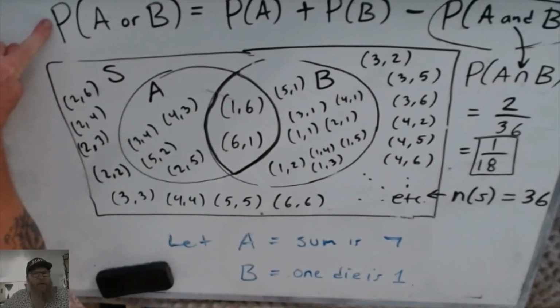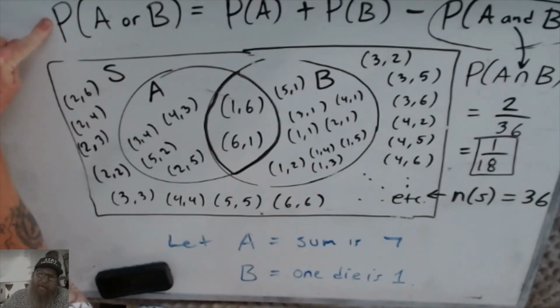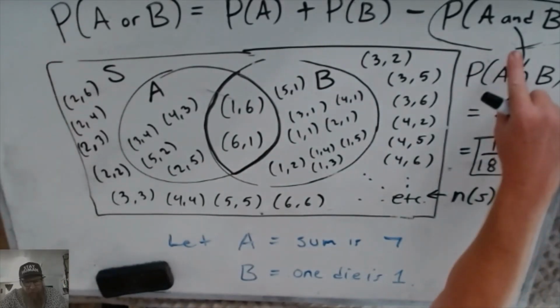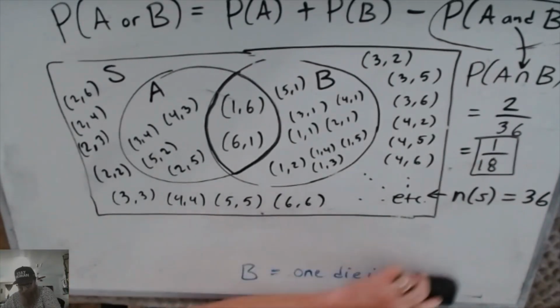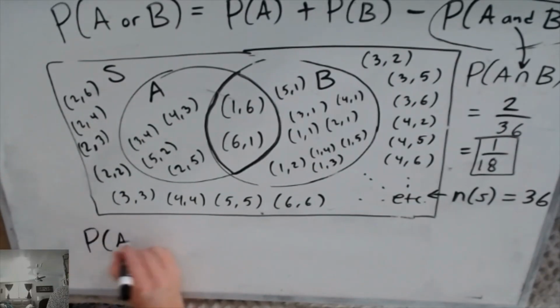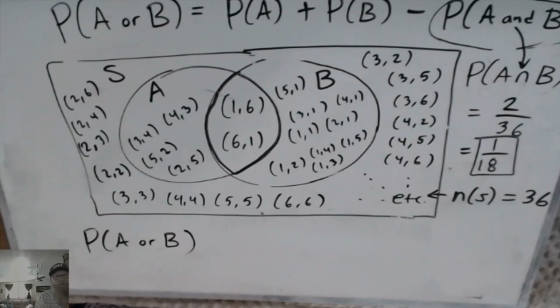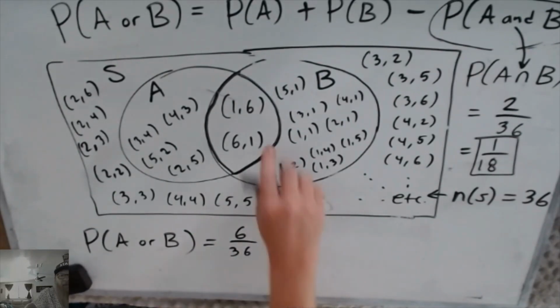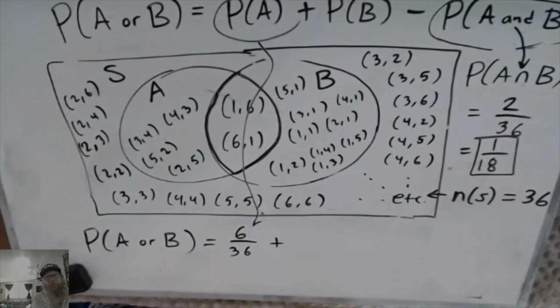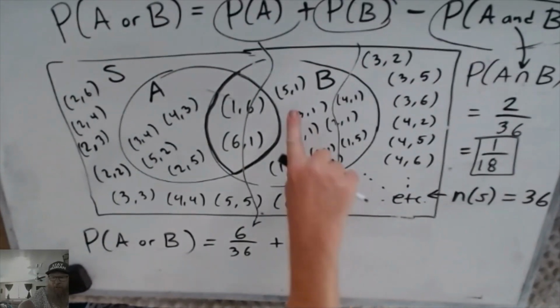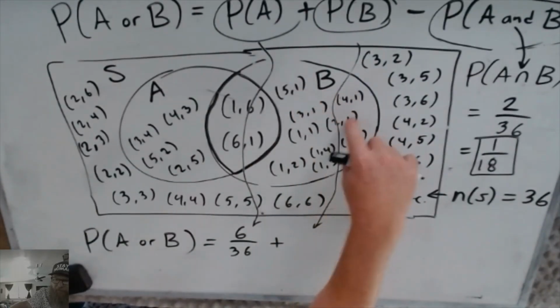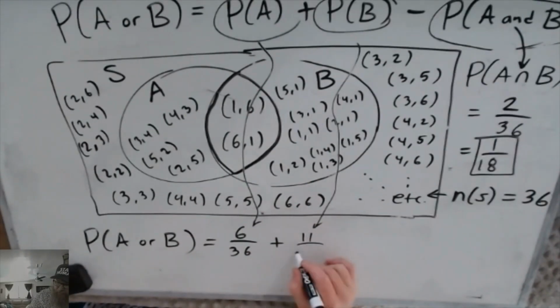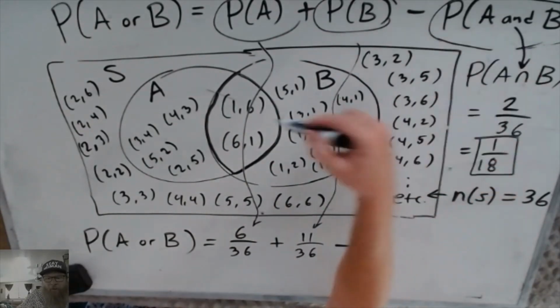Now we can answer the bigger question, what is the probability of A or B? You can't answer the or question until you first answered the and question. So to find the probability of A or B, well, that would be the probability of A. So what's A? 1, 2, 3, 4, 5, 6. 6 out of 36. That would be P(A). And then P(B), the probability of B. 1, 2, 3, 4, 5, 6, 7, 8, 9, 10, 11. So including the overlap, 11, minus the overlap, which is